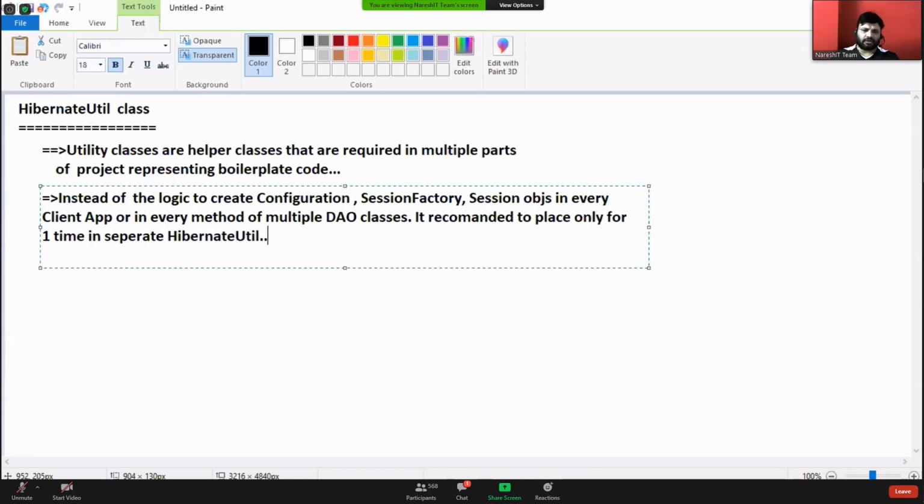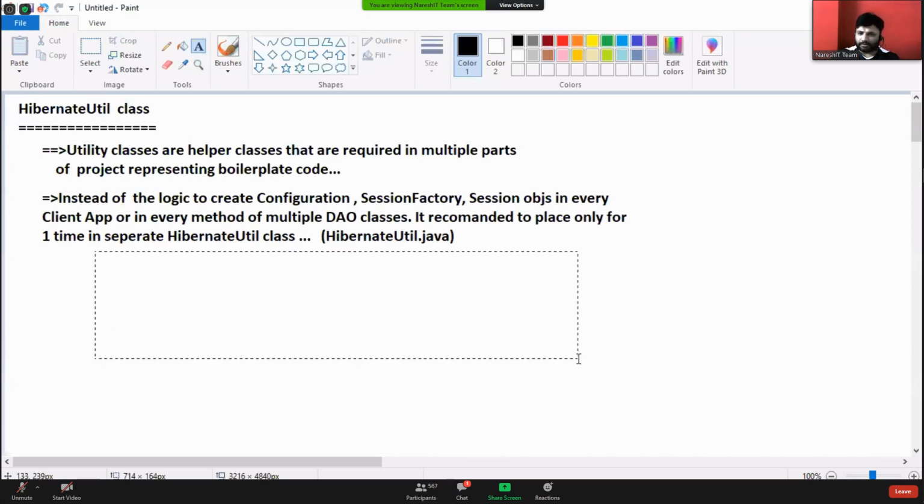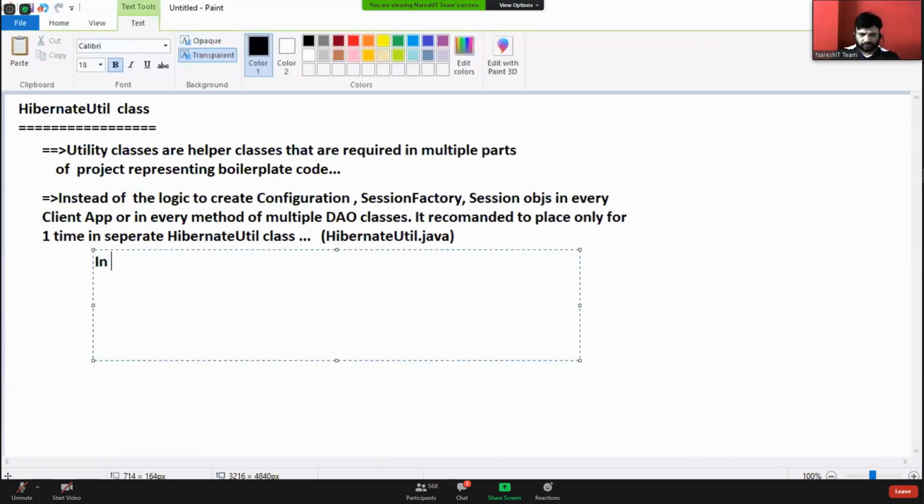Hibernate util dot Java class, util class. So generally we will take the file name as Hibernate util dot Java. Not compulsory here, any name you can give. But always remember here, in this Hibernate util dot Java, we should create